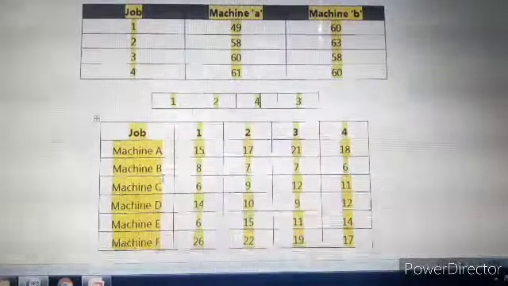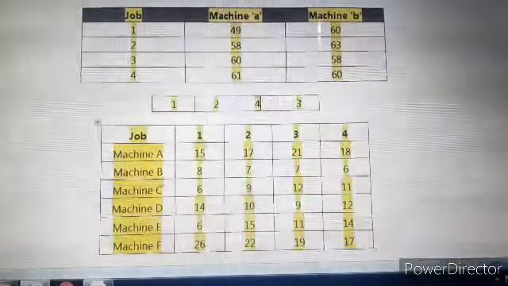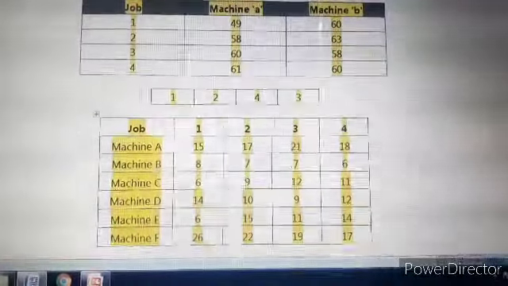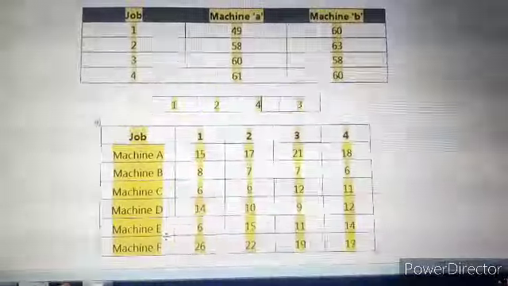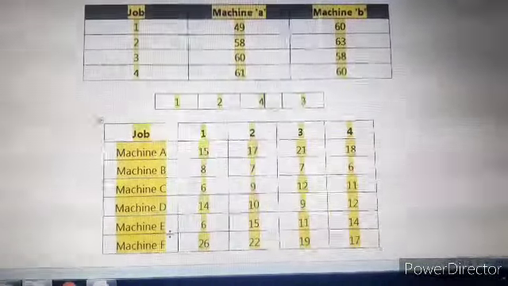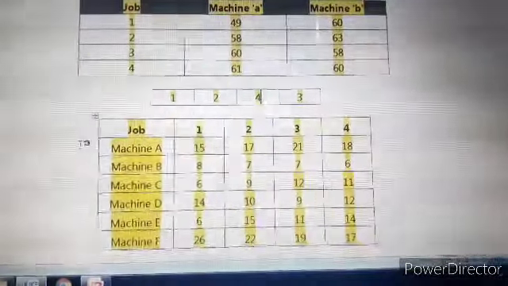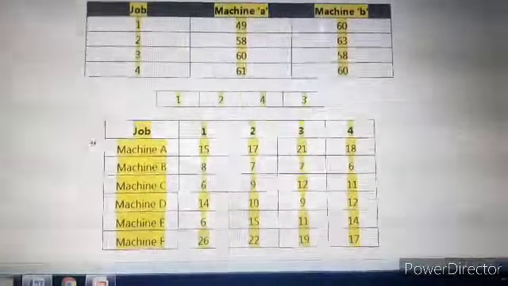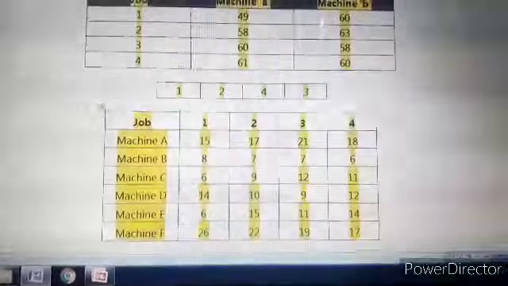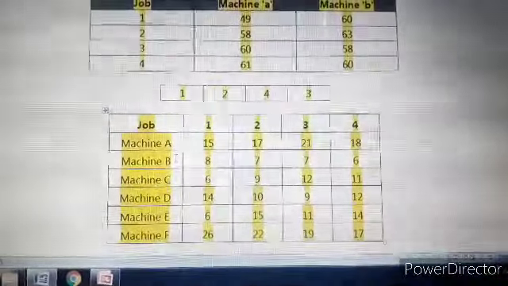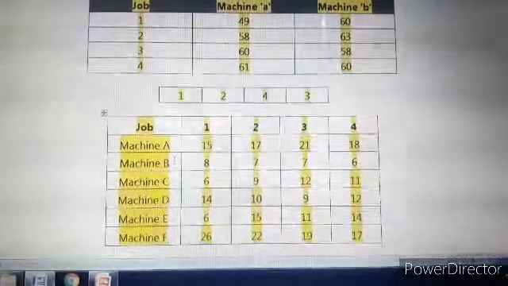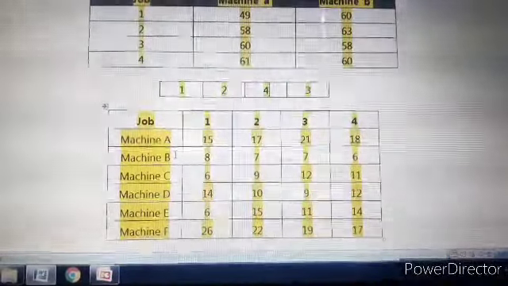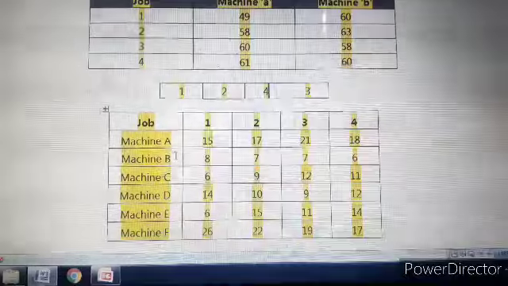And again in order to find total processing time and idle time for machines A, B, C, D, E, F, we have to prepare one table as previous. So last time while solving the problem for 2 machines as well as for 3 machines, we have prepared one table. In that table we have written time in and time out for all the machines, and accordingly we have obtained the idle time for all the machines. So same procedure we have to follow here.